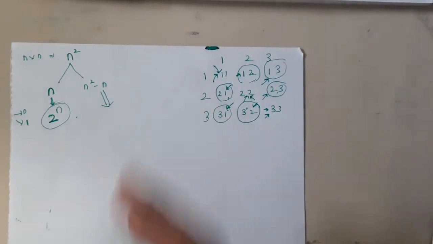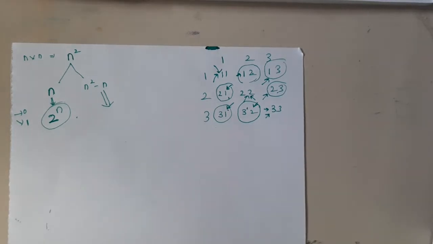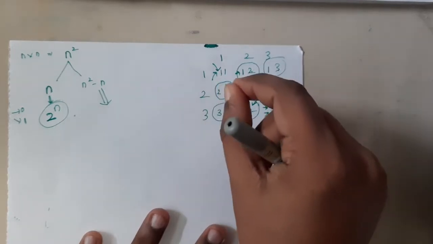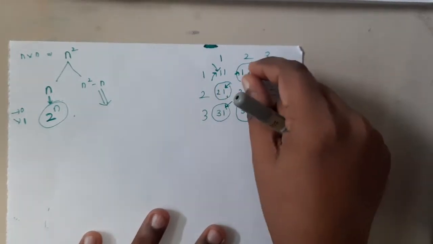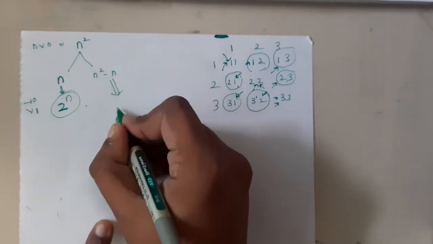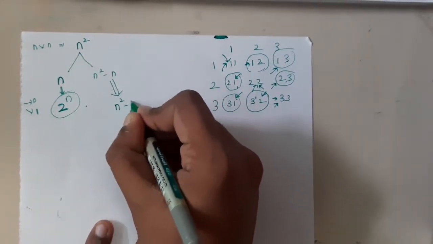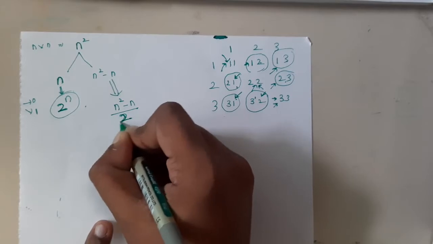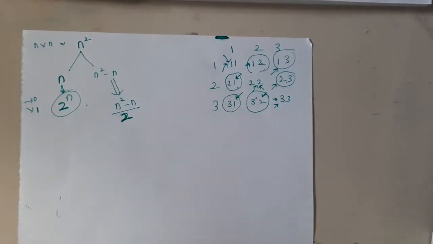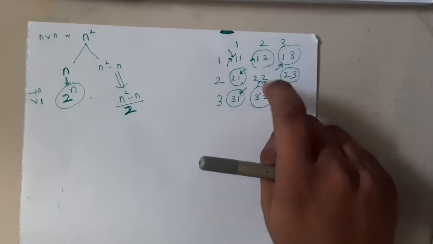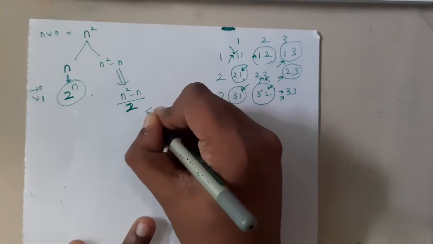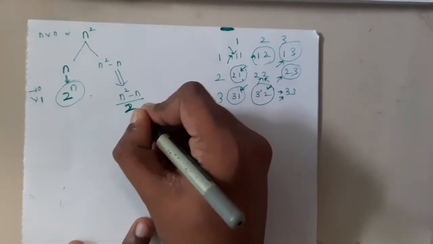So assume them as boyfriend, girlfriend. If you take one guy, the other person will come. So in that way, if you take this, this will also come. So indirectly, how many chances do you have, guys? You can take only 3 items at max. That's it, right? So indirectly, your chances have been reduced, right, by half. Among these 6, if you are really unlucky, you will be taking 3 guys, and along with those 3 guys, 3 other girls will come, right? Got it? That is nothing but 2 power n square minus n by 2.